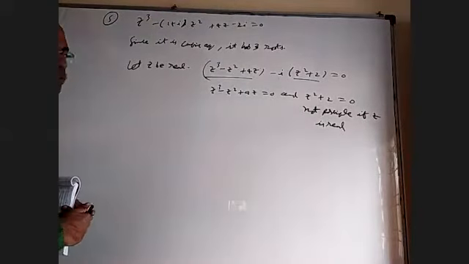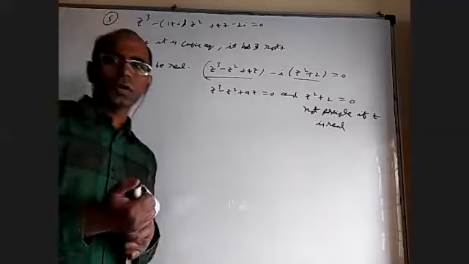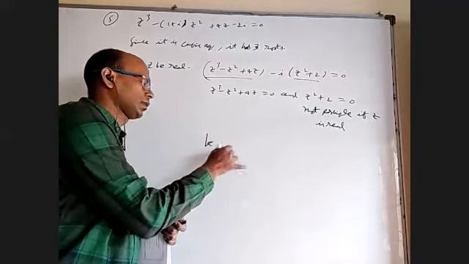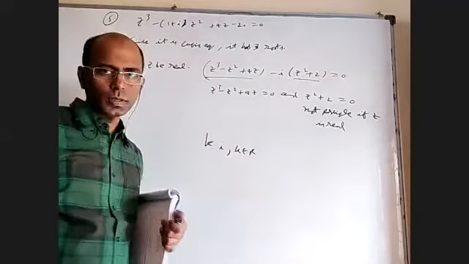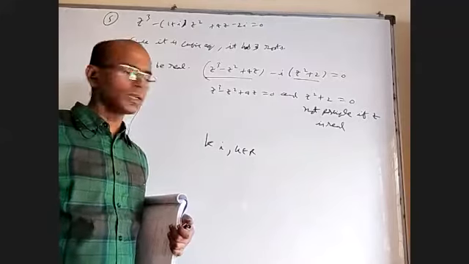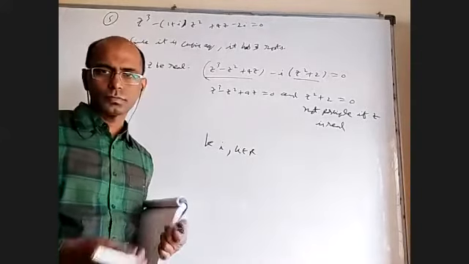Okay. So how to check whether a purely imaginary root is there or not? Substitute z equal to ki, where k is a real number. After that, separate the real parts and imaginary parts, and equate them to 0 respectively. See whether you are getting a k or not. You understand?